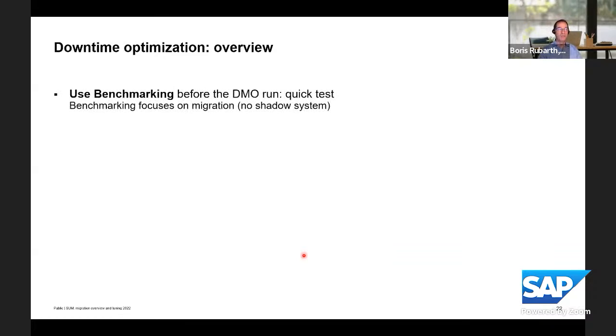Let us see what other possibilities we have to tune the procedure. There is not only the DMO option of the software update manager, but also the benchmarking. Benchmarking is an easy way to do a quick test. I told you, per default,